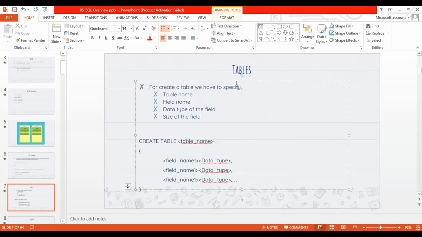අපි table එකක් හදනකොට table එකක තියෙන්න ඕන ලක්ෂණ ගොඩක් තියෙනවා. The first one is the table name. You have to define the table name, right? Then you have to define the